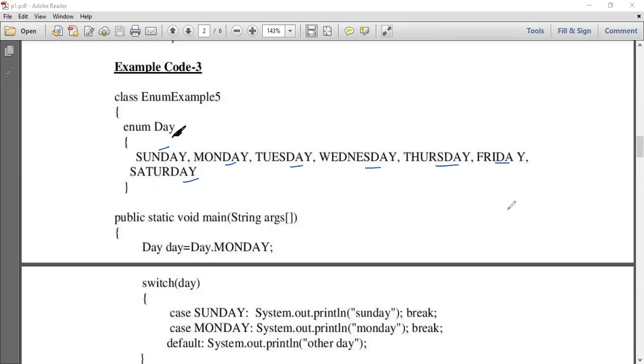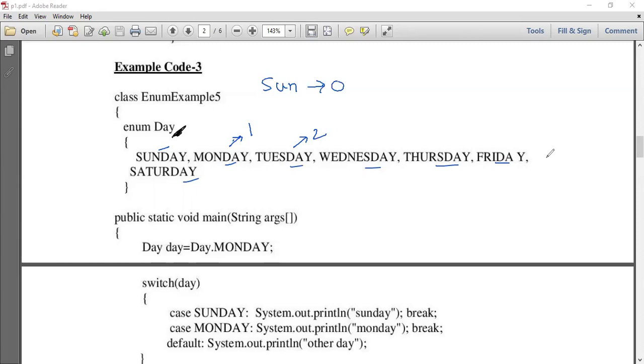The need of enumeration is to avoid giving the values to variables. For example, normally in a programming language, if we want to represent the days in a week, we would assign the values. Maybe Sunday we call it 0, for Monday we assign 1, for Tuesday 2 and so on.